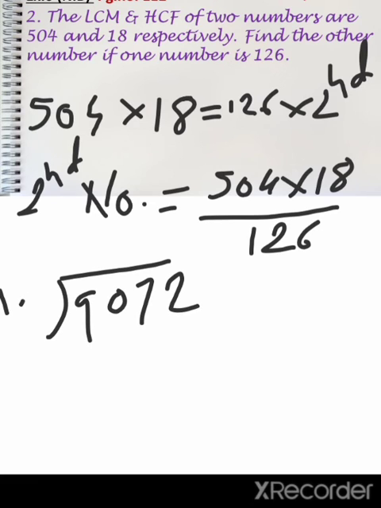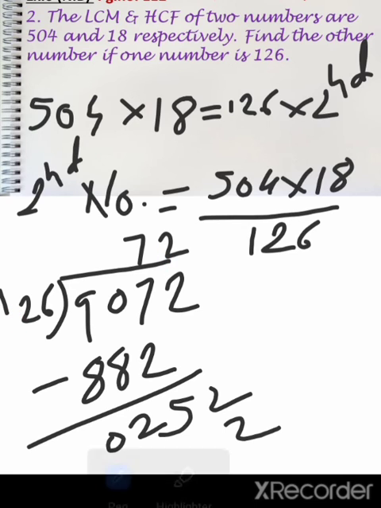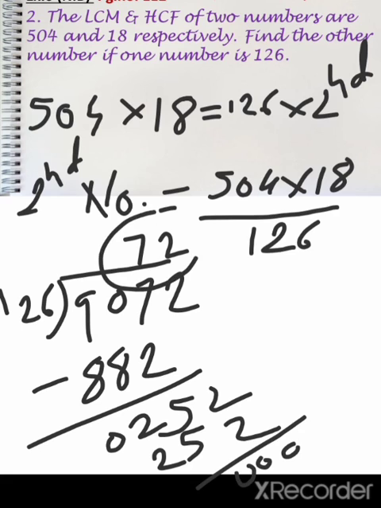9072 by 126. So first I'll go by 7s. 7 sixes are 42, 4 carry, 7 twos are 14, 4 is 18, 1 carry, 7 ones are 7 plus 1, 8. 7 minus 2, 5, 10 minus 8 is 2, here 0, copy 2. I have to go by 2s now, 2 sixes are 12, 1 carry, 2 twos are 4 plus 1, 5 and 2 ones are 2. Got 0, 0? It means again my answer is going to be 72.